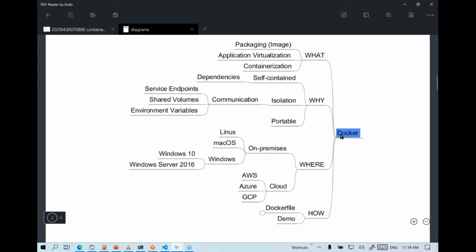So Docker, in a nutshell, is a very popular technology that allows us to package our applications. We can create images. Each image is essentially a bunch of files that will contain all our dependencies and our actual application. So basically, it's used to virtualize our application. Rather than virtualizing the entire hardware, we just virtualize our application that contains all the dependencies.